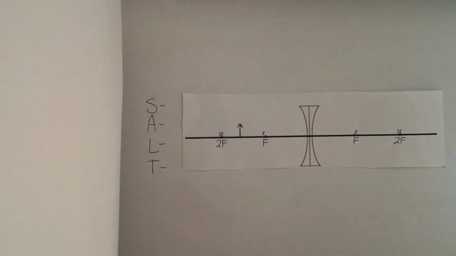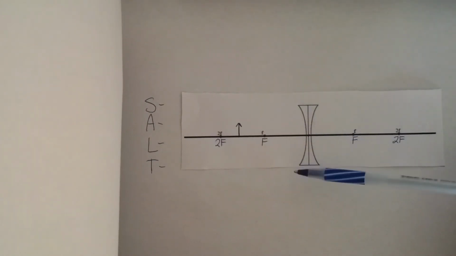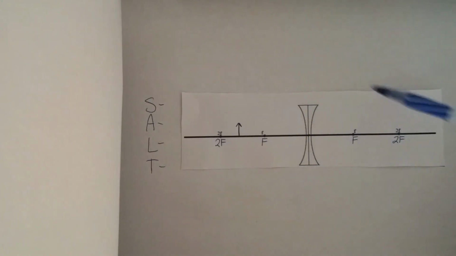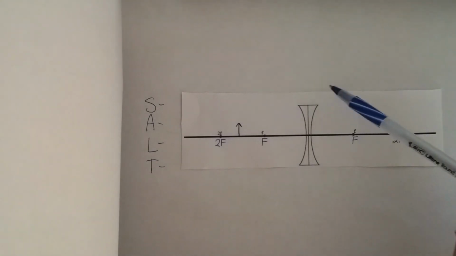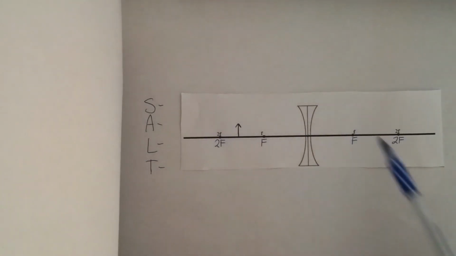This video will show you how to do a ray diagram for a diverging lens. The difference between a diverging lens and a converging lens is that the outside of the diverging lens are concave, whereas for the converging lens they were convex. Now the light rays will be traveling through the diverging lens, and instead of coming together at a point, they